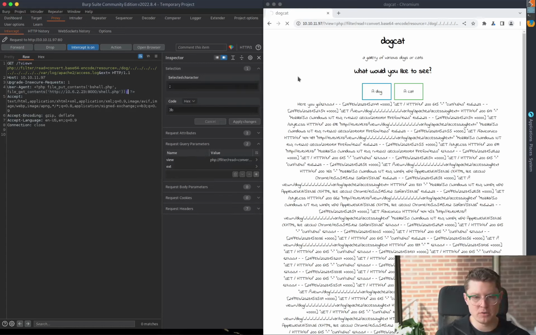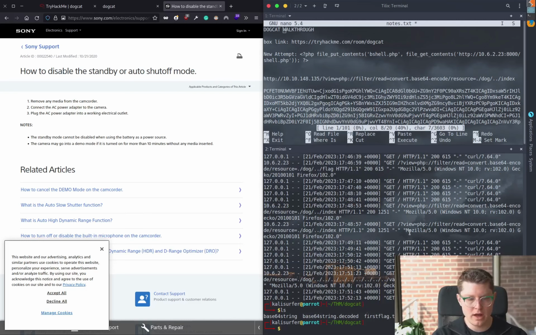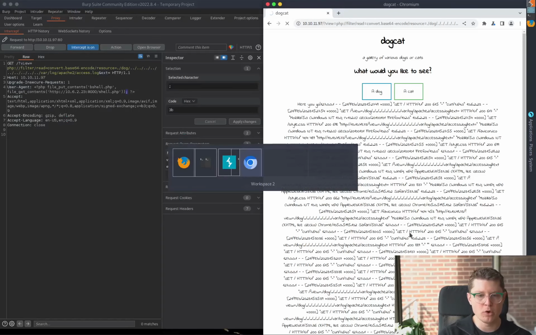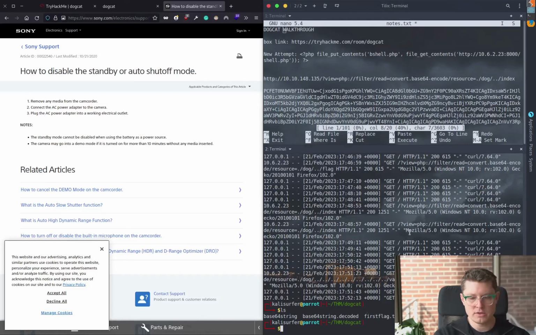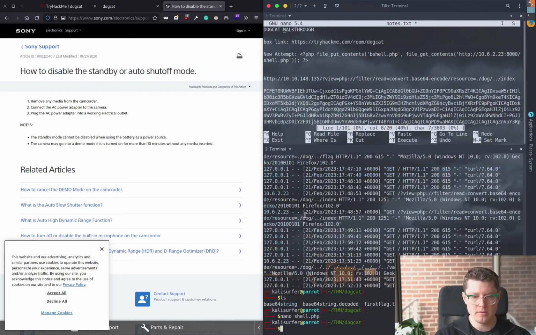So we need to make sure that we have a shell.php, and it has to be served on port 8000. I've already prepared the shell.php with Pentest Monkey. We're going to try to catch the rev shell on 2222. Okay, so let's serve up this file here,